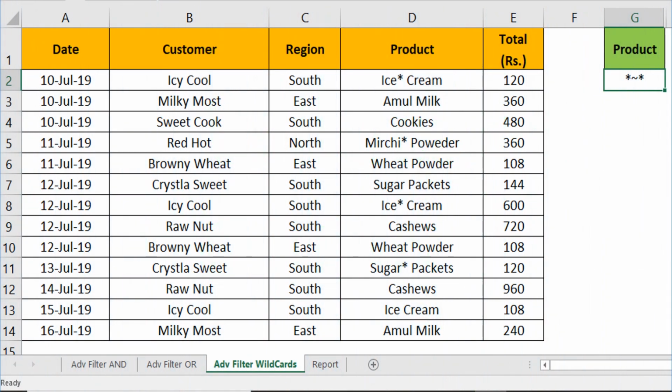Now, let us see the very interesting tilde character wildcard. Why is tilde applied? Say, as per our database, all the branded products are given a star mark and we would like to see only the branded products in our output. If we give star, our filter understands it as a wildcard. So, in order to specify that the wildcard should not be treated as a wildcard but understood as a character value, we should specify tilde before the wildcard, either star or question mark.